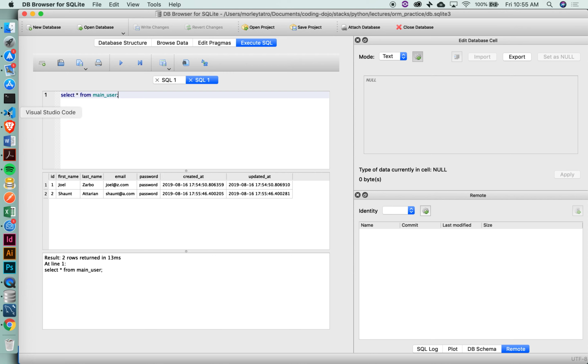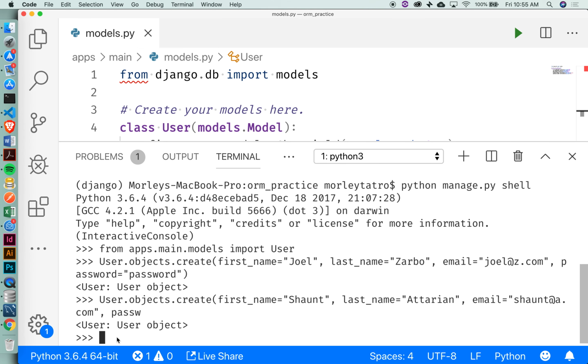So let's work on actually pulling these from the terminal, and these are the actual methods that you guys are going to be able to use in your real applications. So what we're doing in the terminal is not going to be useless. It will actually be something you'll use when you're building your apps. Okay? So to get all of our users, what I can do is I can say